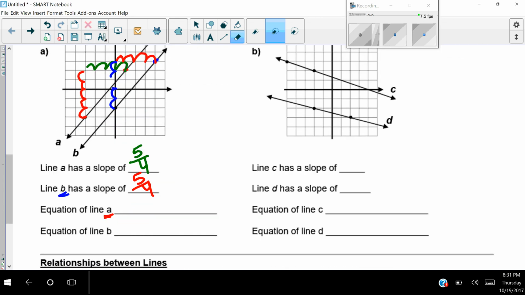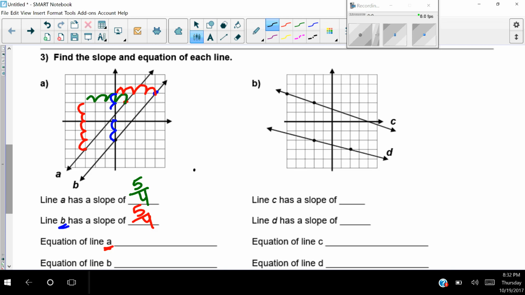I'm going to use this point up here. For A, I need to find out which point that is. I'm going to write it in black. This point right here looks like it's over 1 and up 2. So the x value is 1, the y value is 2, (1, 2). I'm going to use this point. In the equation of a line, all I need is my slope and 1 point, which I can plug into the formula, y minus y equals